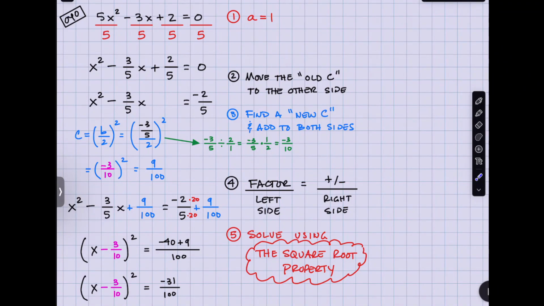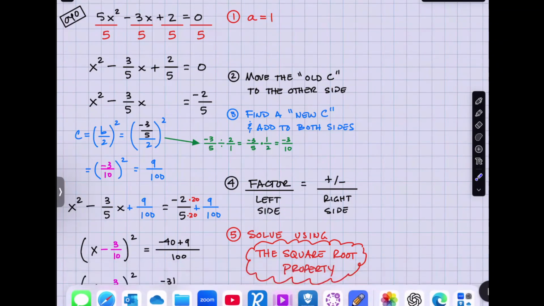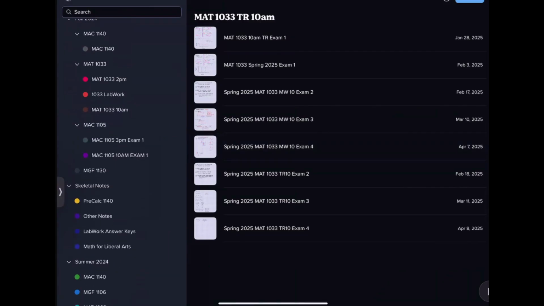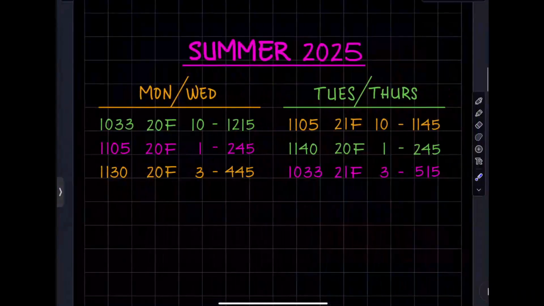Do you know any classes you would recommend to take during the summer? Math-wise, like I said, this is my schedule. If you want to take me again. But here's my summer schedule. But in terms of any other class outside of math, I'm out of it. I don't know what other people would teach. I think it all depends on your program and what you need. But I would definitely search